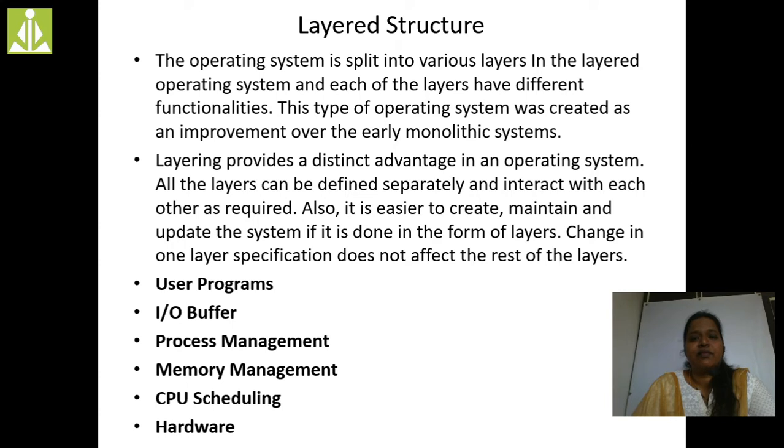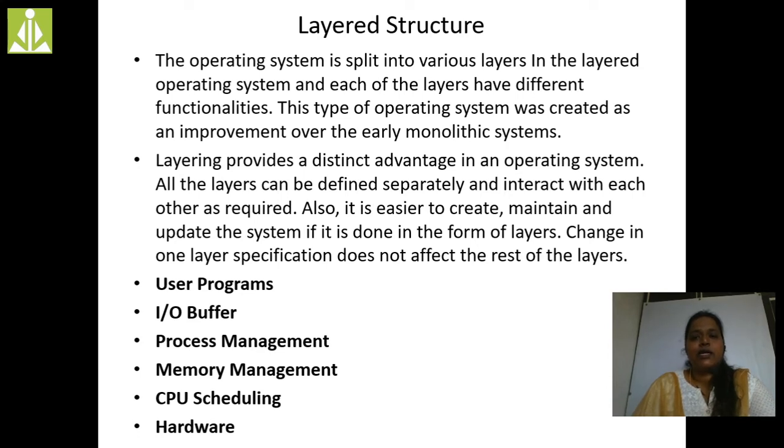Why? Because we have divided the system into different modules or parts. If we want to do anything related to hardware, we can go to that hardware module and do the task. If we want to do anything related to a process, we can go to that process module and do that task. If something crashes in the process module, only that module will suffer, and all the remaining modules will be safe. This is the advantage of the layered structure.